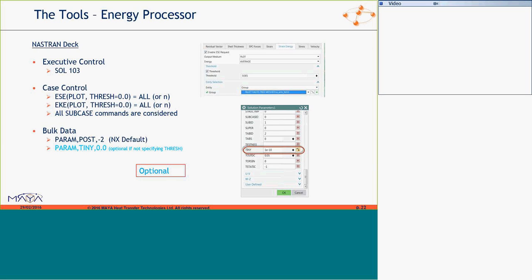Now about the Nastran syntax. The syntax looks for your solution 103 in the energy processor, so of course you want to call solution 103, the normal modes solution. Then in the case control, you select your output requests and you define labels for loads and boundary conditions. You want to pick strain energy and EK, kinetic energy.